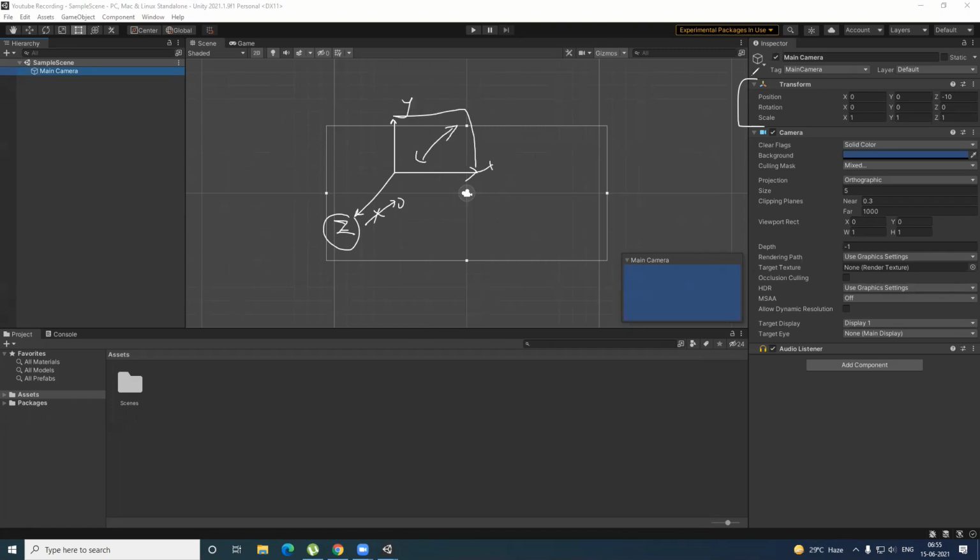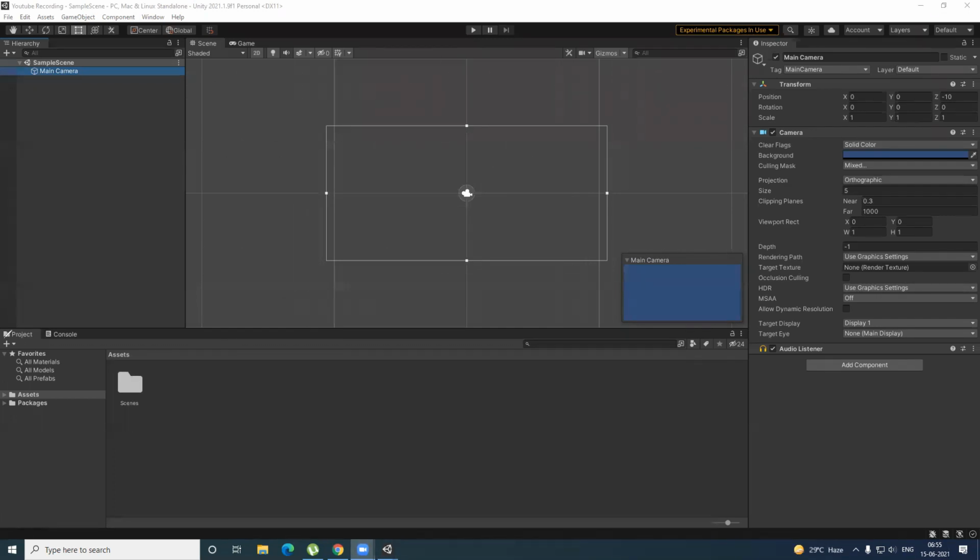So all the components in the game are going to have a transform. Then they're going to have some properties specific to their own parts. This is a camera, so it has camera properties. If I make a game object, then it will have certain game object properties, and so on and so forth.